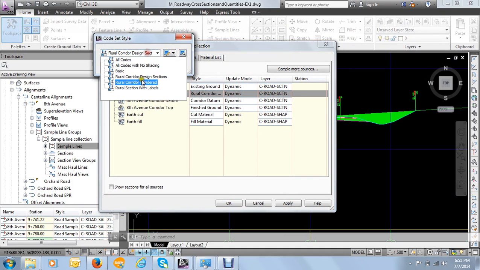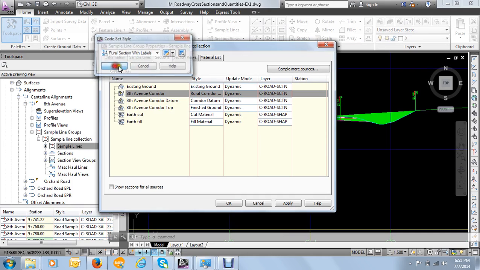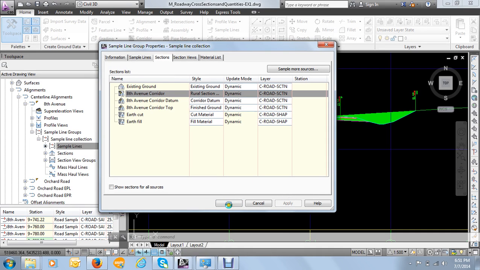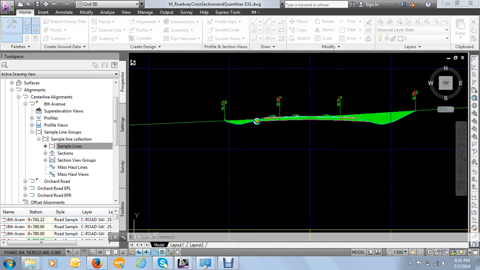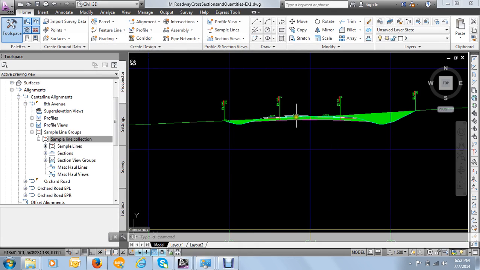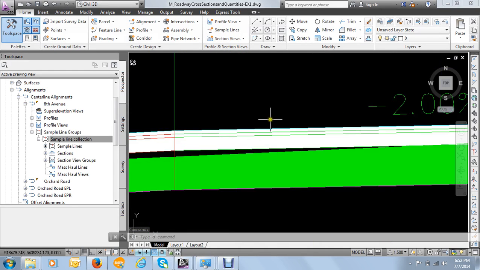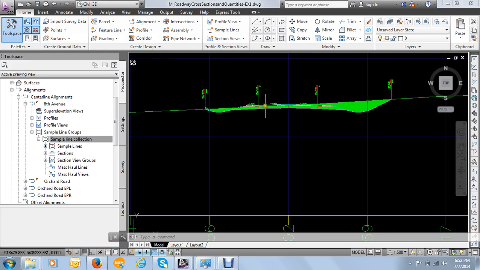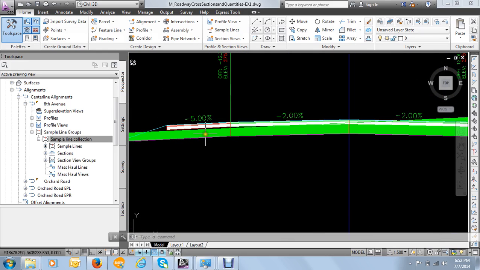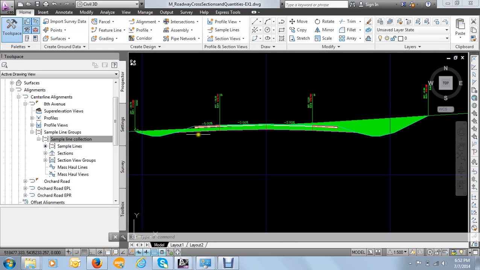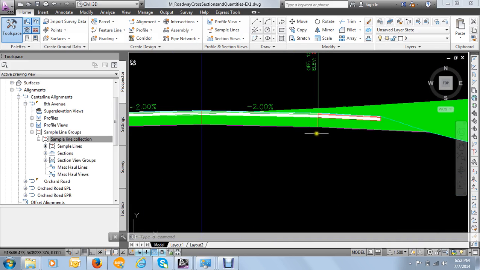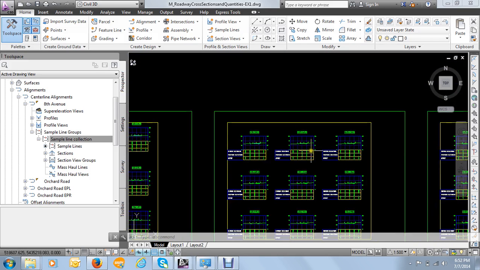Maybe I select the section with labels. When I apply and I click OK, those are the labels. So you may add any label, any type you want from the list. You can just select. So this section shows only the material. It means this is only the cut material, but you can just look at the other,